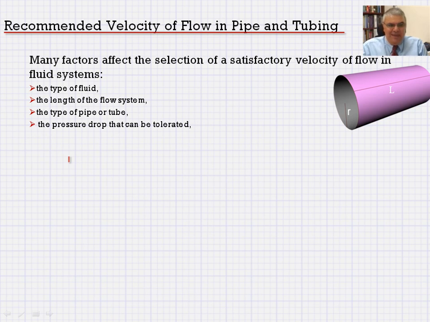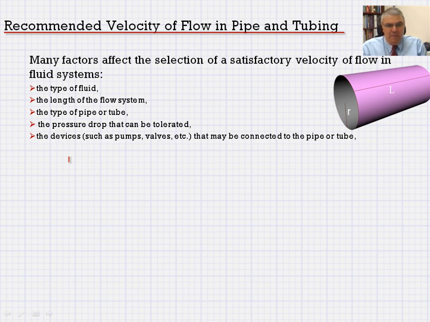The pressure drop that can be tolerated. Remember that if we require a pressure drop at one point and the fluid starts at some other point, then of course we need to consider the pressure drop that needs to be tolerated here. The devices themselves, if they're connected to pipe or tubing, these devices could be pumps, valves, etc. The temperature that the fluid is operated under, or the condition of the system, environmental condition, the pressure, and the